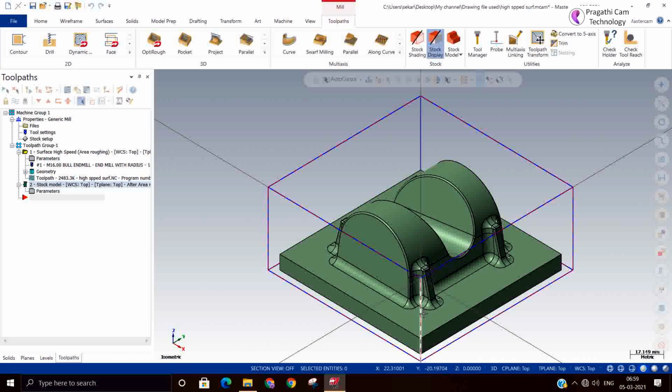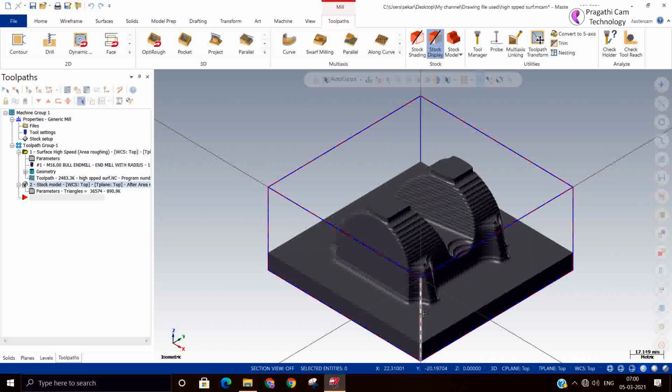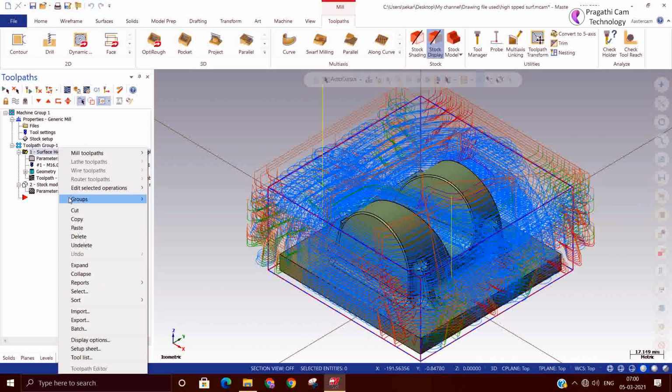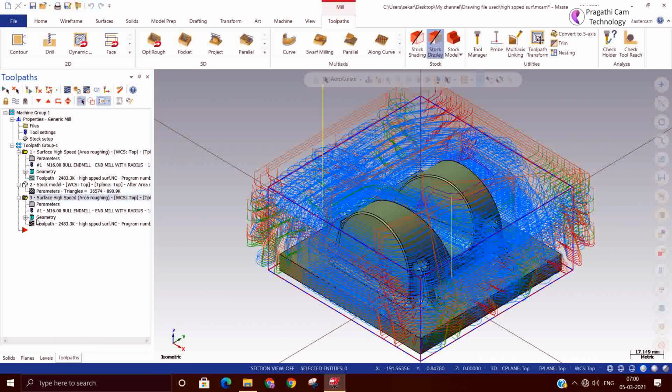Now we'll see the rough stock. Here a smooth transition and the sharp corner all will be taken care of by this toolpath.